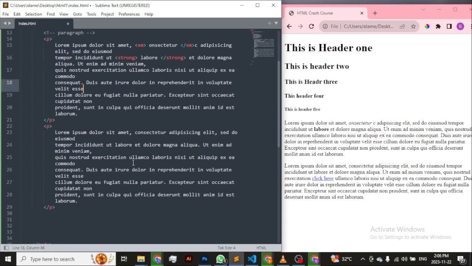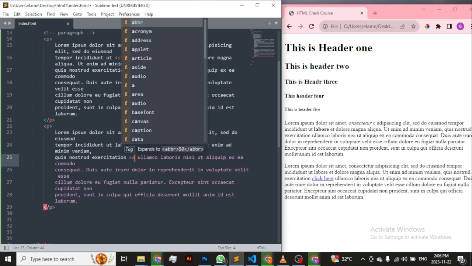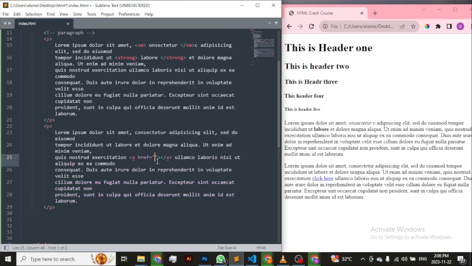I'll do it in the second paragraph. Let me see here. I come here and do my A. So it kind of comes out here. I select it to be faster. So this has the A href, then equal to, then inside the apostrophe is where you put the website you want to go to. So I want to put the Google website here, which should be